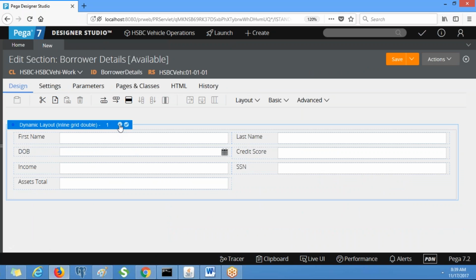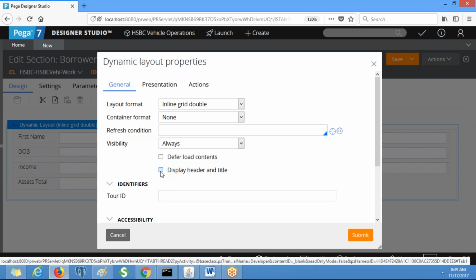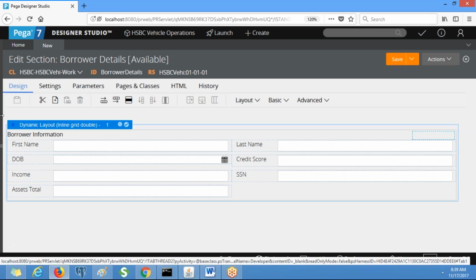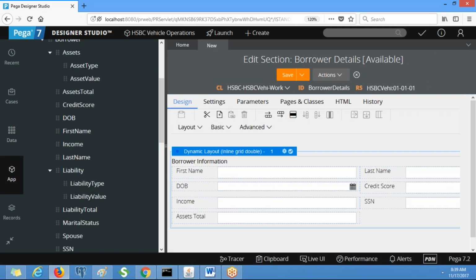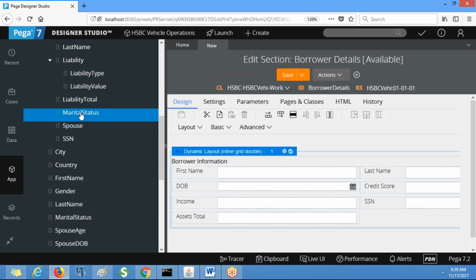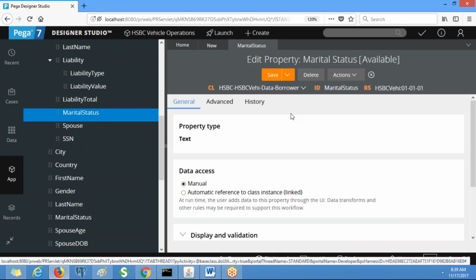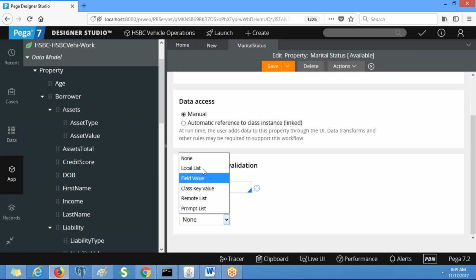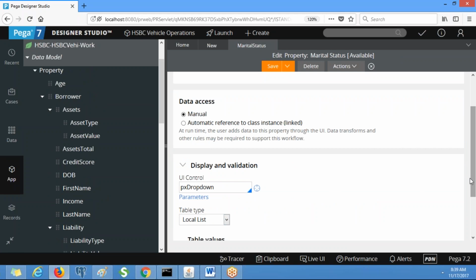You can put the layout heading as borrower information. We have a property called marital status, right? This is a drop down, so you enter the values, otherwise you change it to radio button.